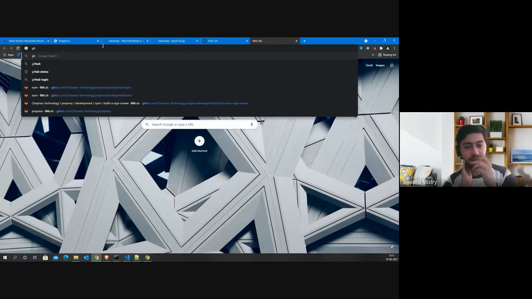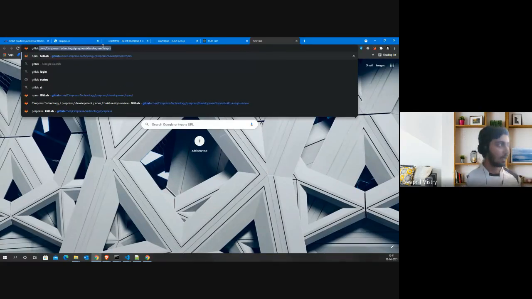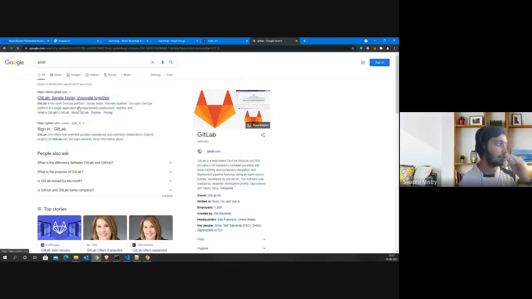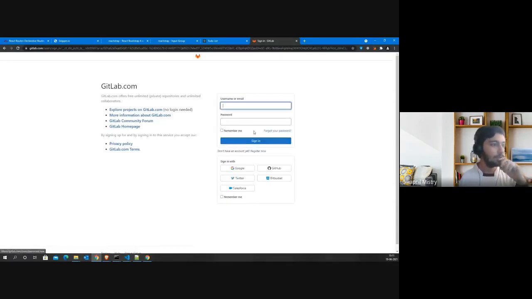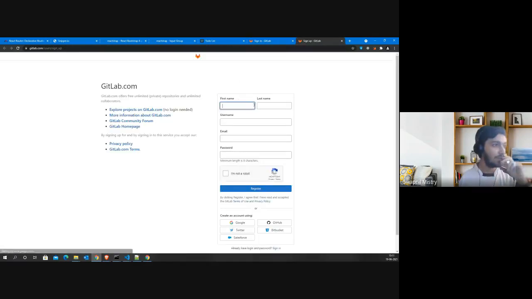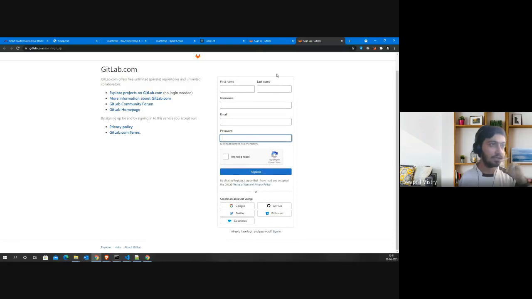Either you can create your account on GitHub, or you can create your account on GitLab. I have created my account on GitLab over here. If I click on sign in, you can register over here. You can write first name, last name, username, email, password, and register over here.